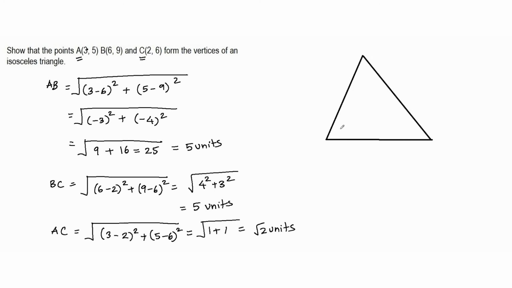So it is forming a triangle in which the lengths of AB and BC are equal. The length of AB is 5 units and the length of BC is also 5 units, and the unequal length is root 2 units, right? Because these two lengths are equal, I can say that the triangle is isosceles. So again, pausing for a few seconds before taking up the next one.